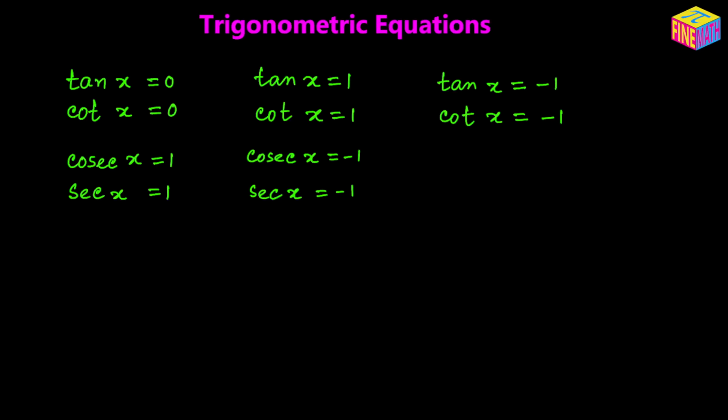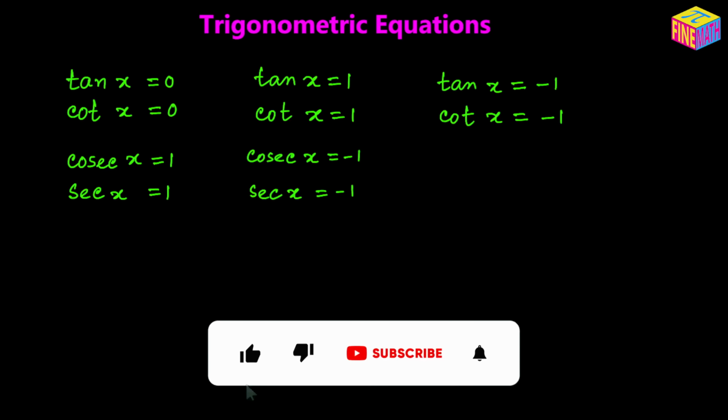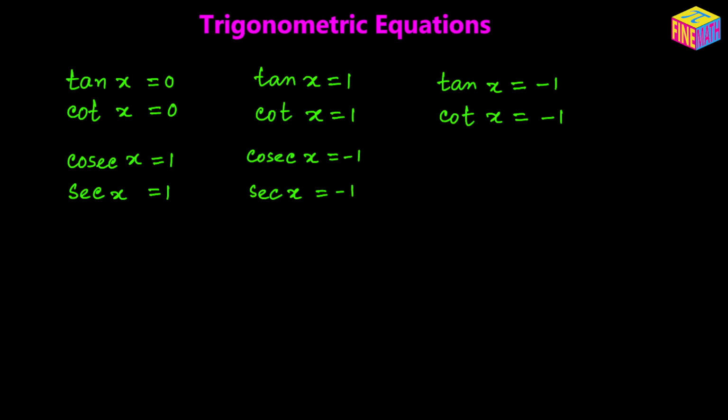Hi everyone, in this video we are going to discuss how to find the general solution for trigonometric equations which are kind of like this that I have on the screen here. Tangent of x equals 0 or tangent of x equals 1 or tangent of x equals negative 1. Similarly, cotangent of x equals 0, cotangent of x equals 1, cotangent of x equals negative 1, and also cosecant of x equals 1, secant of x equals 1, and cosecant of x equals negative 1, secant of x equals negative 1. For these standard trigonometric equations, how to find the general solution, that's exactly what we are going to